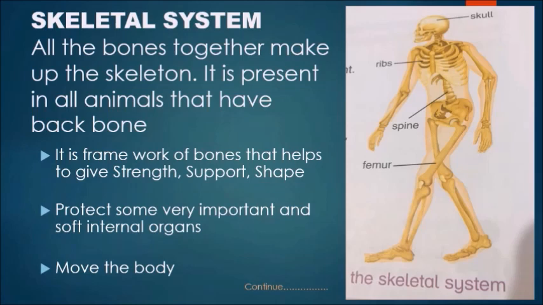And students, do you know the smallest bone in your body is inside your ear and is known as the stirrup, while the longest and strongest bone in your body is your thigh bone, the femur. You can see it in the diagram also. Femur, you can see in the diagram.